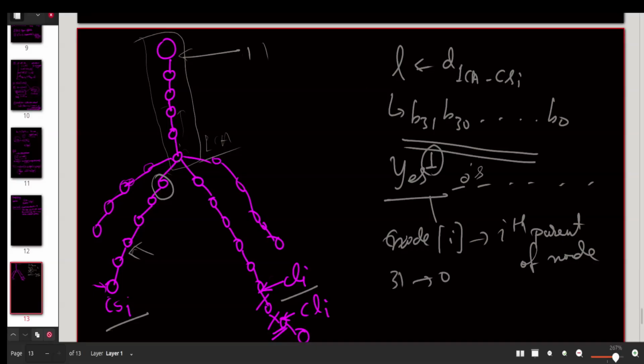From the 31st bit to the 0th, find out whether the 2 power 31st ancestor of CSI and of CLI are equal. If they are equal, you can assume that the 31st bit should be 0, and we move to the 30th bit. It's the same process. Eventually, the intuition is that, if you take this example,